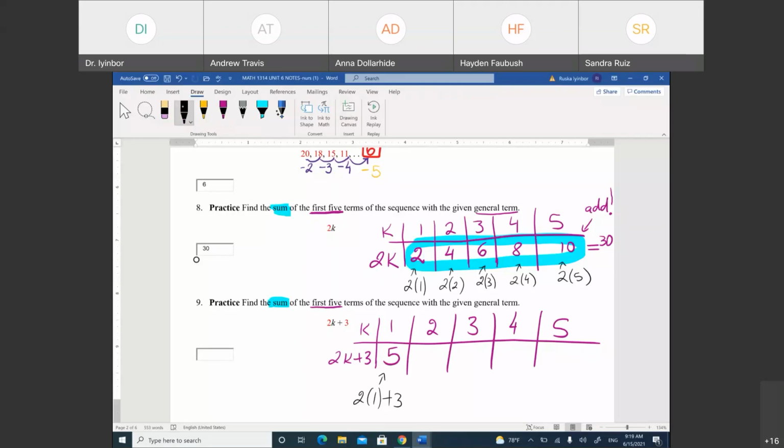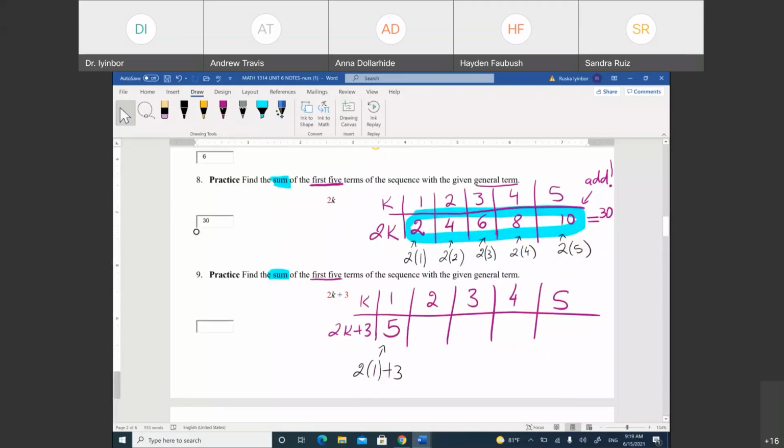So it's going to be 2 times 2 plus 3. 2 times 2 is 4, plus 3 is 7. And the next number is going to be 2 times 3 plus 3. 2 times 3 is 6, plus 3 is 9. 2 times 4 is